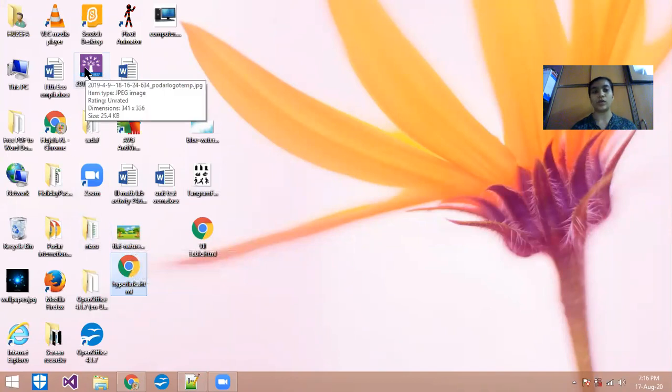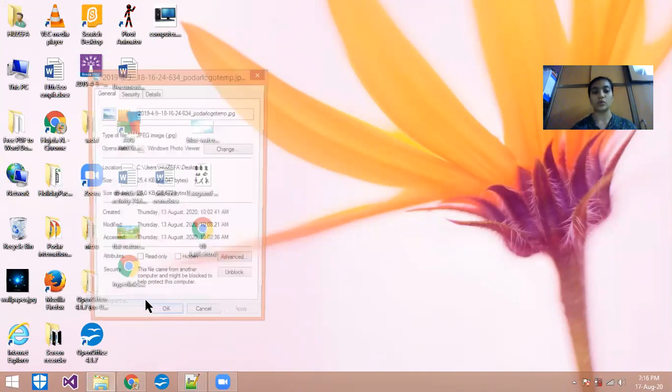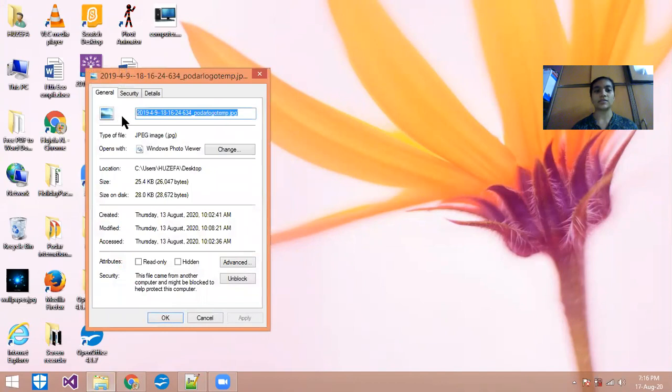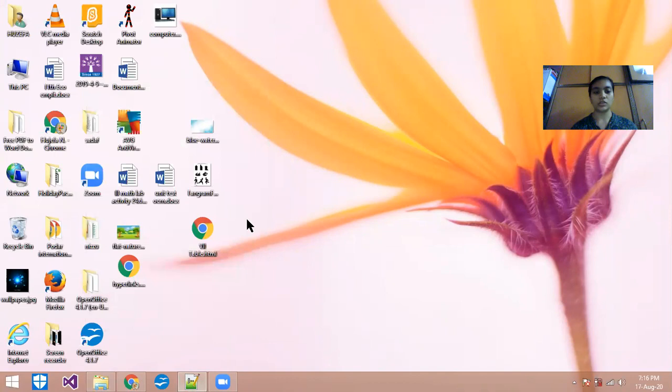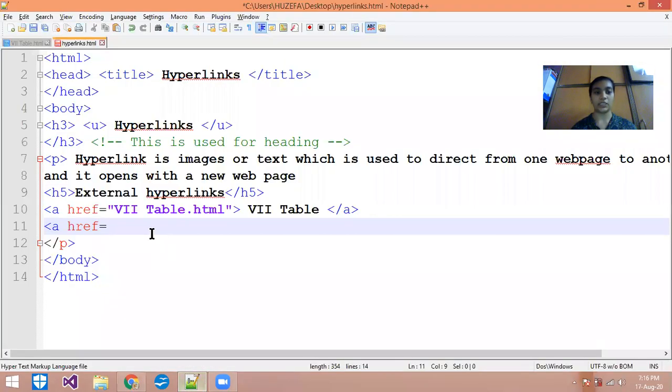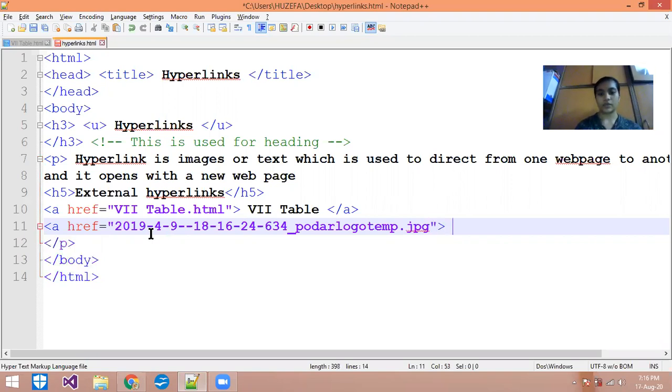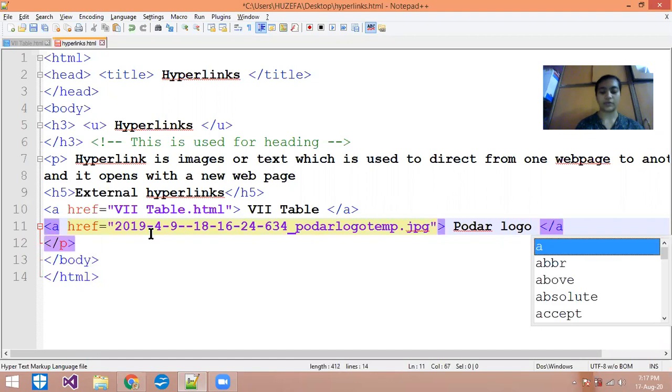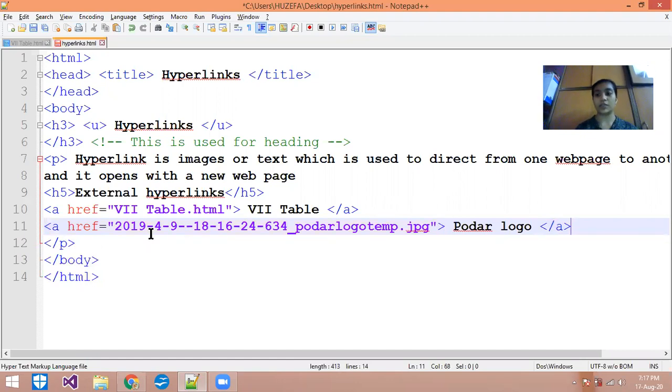I'm taking the Podar logo, right click on that, go to the properties and just select Control C for copy, close, go to the notepad again, double quote, Control V, double quote closed, and write down Podar logo and close the A tag here. Whatever you write between the opening and the closing tag will be displayed as a hyperlink on your web page.